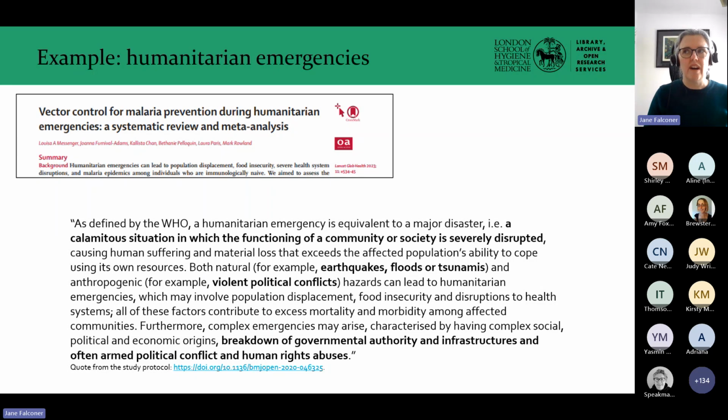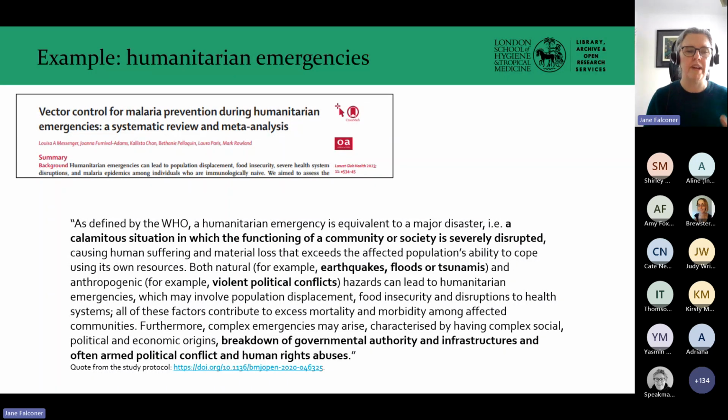So how do I go about trying to put together a search on a concept like humanitarian emergencies? Well, first of all, I talked to the team to see whether just putting together some quite general terms around humanitarian emergencies would be sufficient, or whether they wanted me to include all the specifics of humanitarian emergencies in the search. And when we discussed it, we agreed that actually we would have to put the specifics in, because there